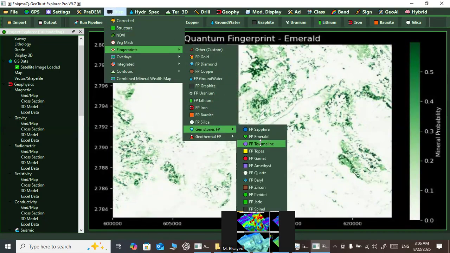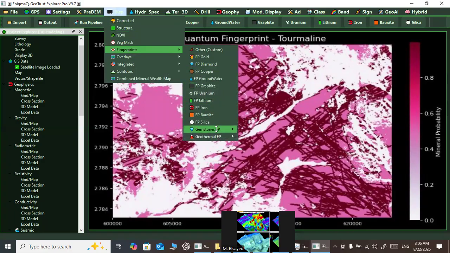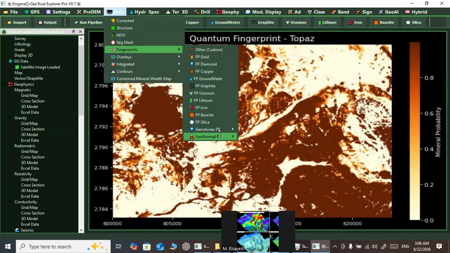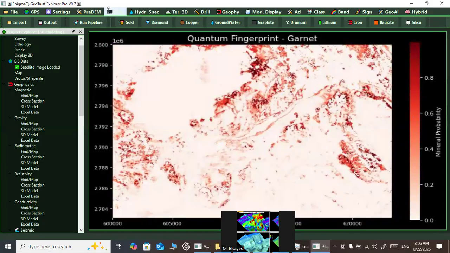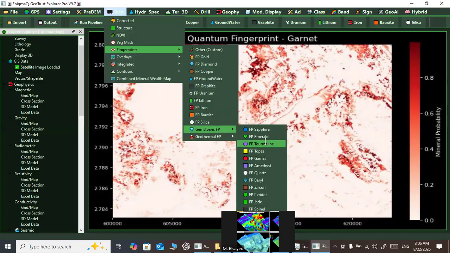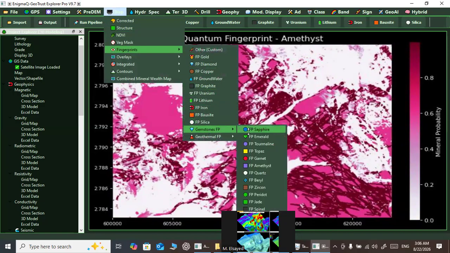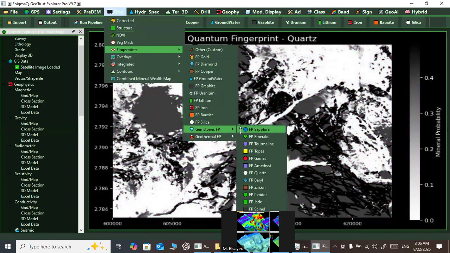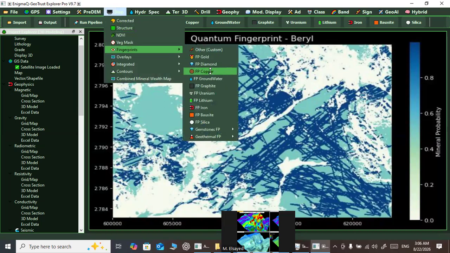the fingerprint for tourmaline, the fingerprints for topaz in dark brown, the fingerprints for garnet in dark red, the fingerprints for amethyst, the fingerprints for quartz in black, fingerprints for beryl in dark blue,